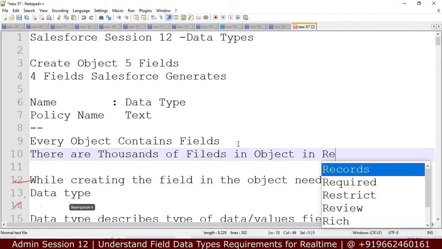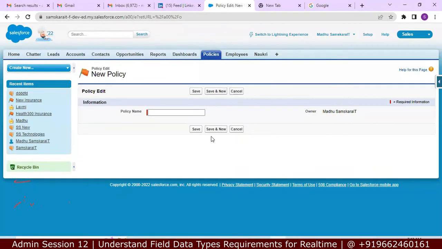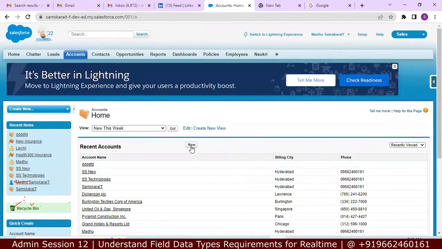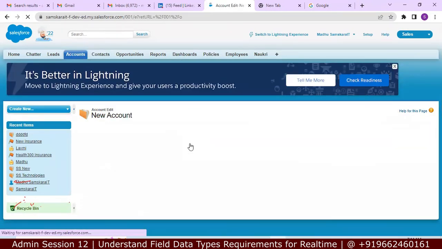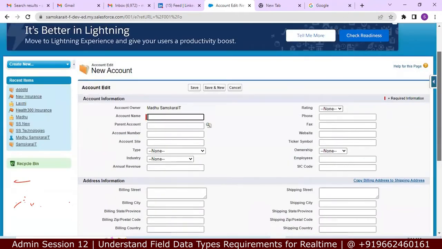In real time, there are thousands of fields. If you take this screen, the accounts tab, here we have only one field right now. If you take the accounts object, accounts tab, and click on new, we are seeing a lot of fields here. All these are fields. They have organized these fields by using